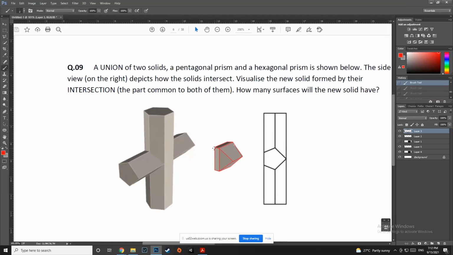Okay, and why will the back be a single surface? Because we can see that the intersection at the back, this surface, this surface and this surface are intersecting at exactly the same point, which is becoming this surface. So they are having a common surface at the back. That is why we get the answer that we do get.